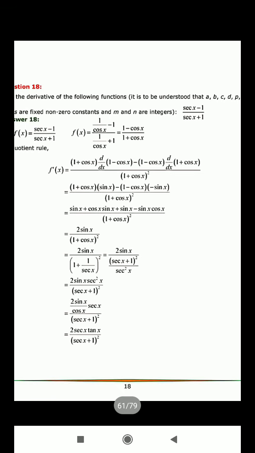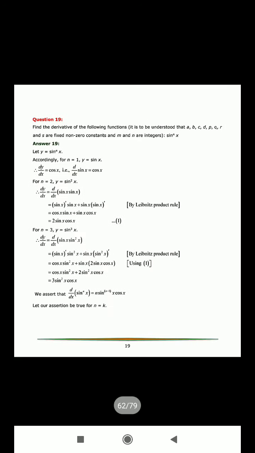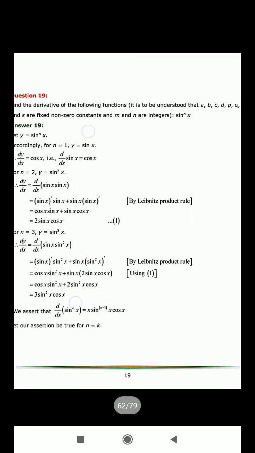Alright, if you want to solve further, I have solved it. So you can check from the PDF of this, you can stop the video and note it down. Otherwise, you can also write this as the answer, because in examination the answer will not be given. Derivative of sin raised to power nx, that I just explained.